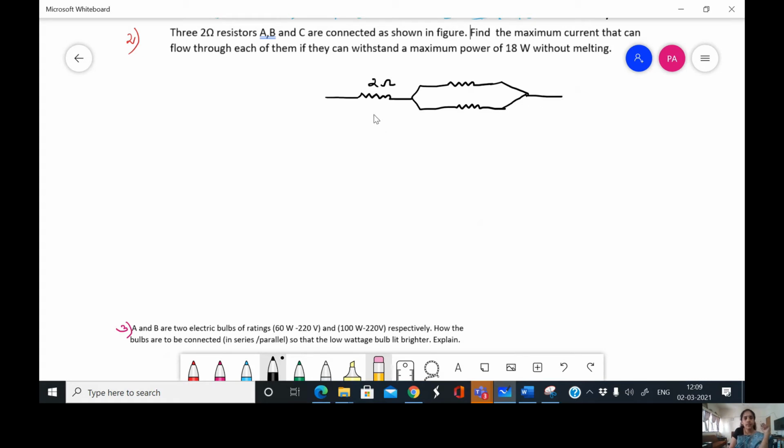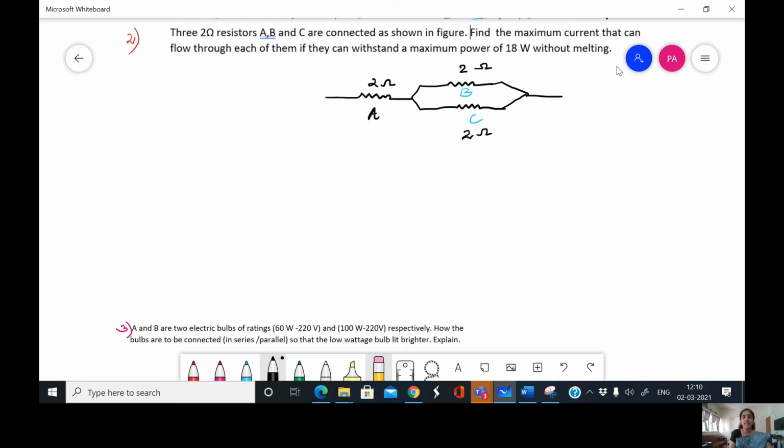So here let us call this one A. Let me take another color. A, B and C. And what about the resistances of all the resistors? It is the same, 2 ohm each. Now the question is, three resistors are connected as shown like this. Find the maximum current that can flow through each of them if they can withstand a maximum power of 18